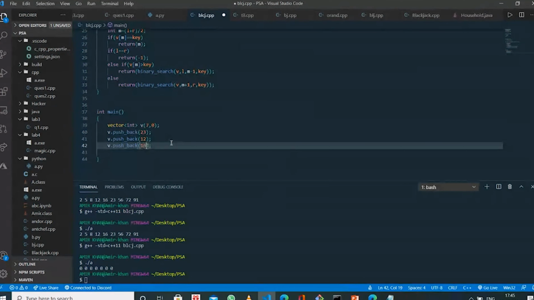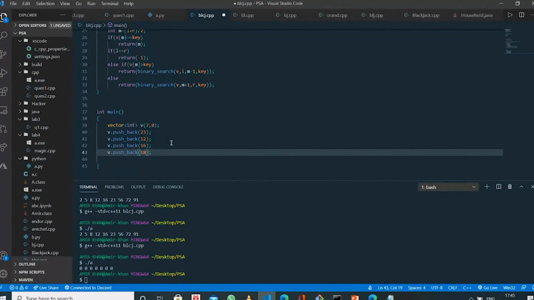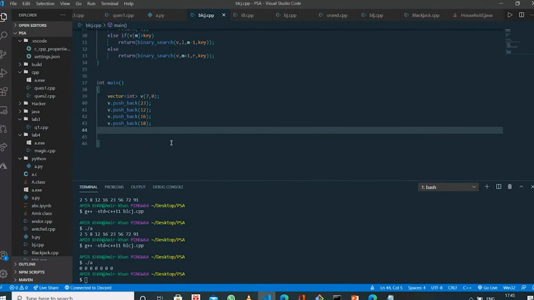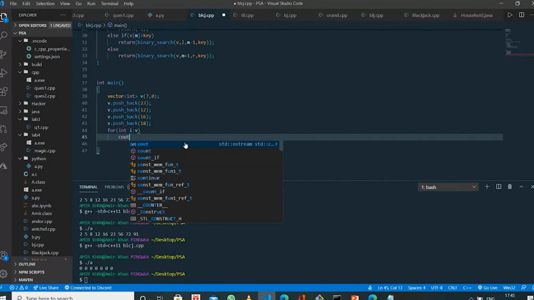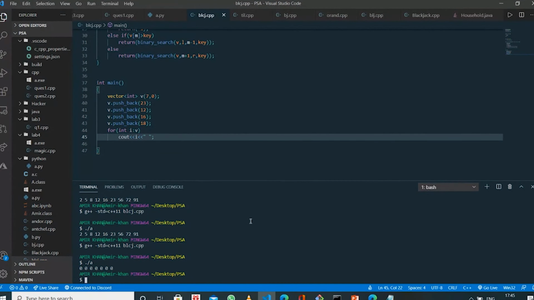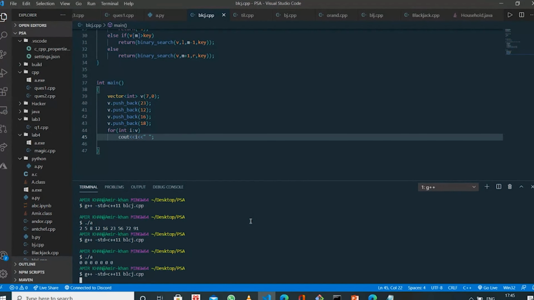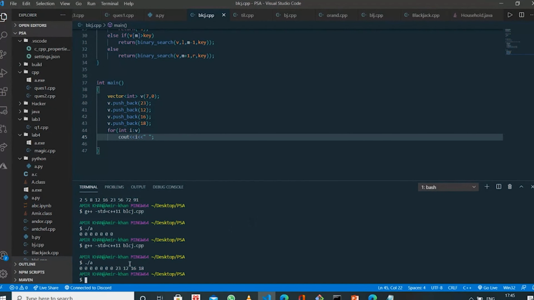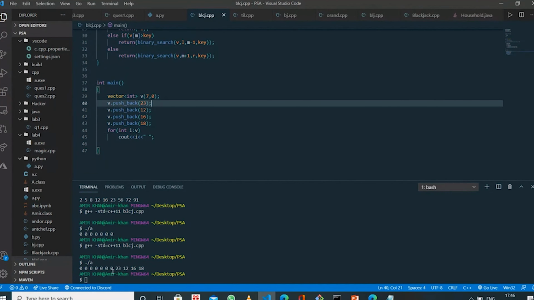Then I'm pushing back, and the elements are stored just after the last element.